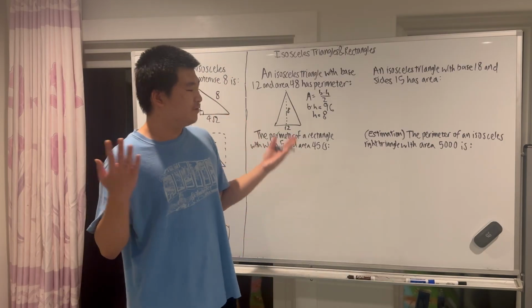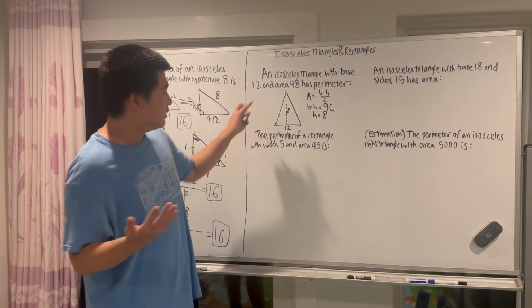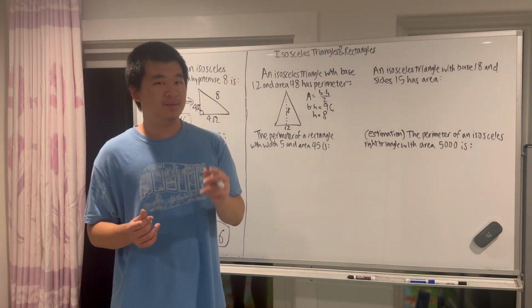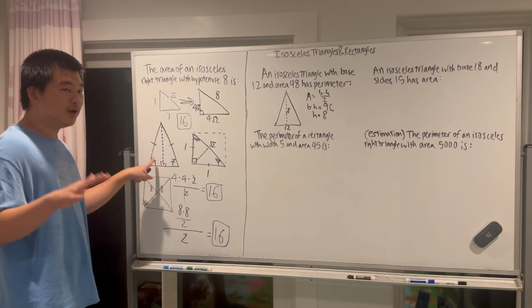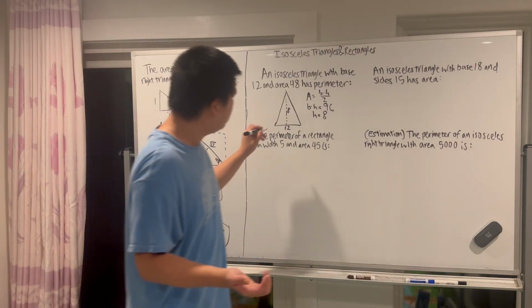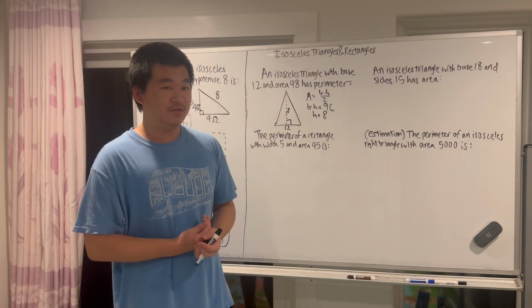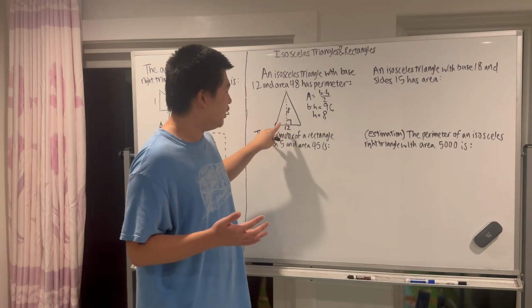But how does this help us with finding the perimeter? Well, to get the perimeter, we need basically the legs of this, right? And to get the legs, what we have to do is use the Pythagorean theorem. Because if you remember, dropping a height creates right triangles. And so we can use the Pythagorean theorem on this right triangle that we've just created. It has a height of 8, so one leg of length 8,